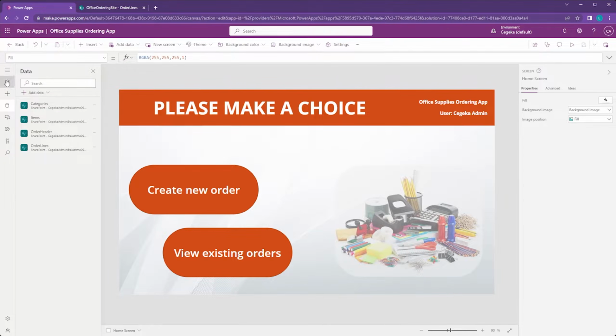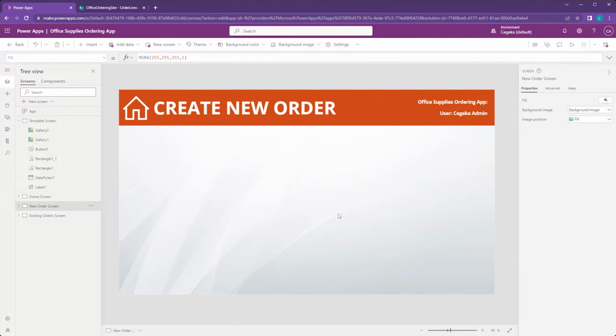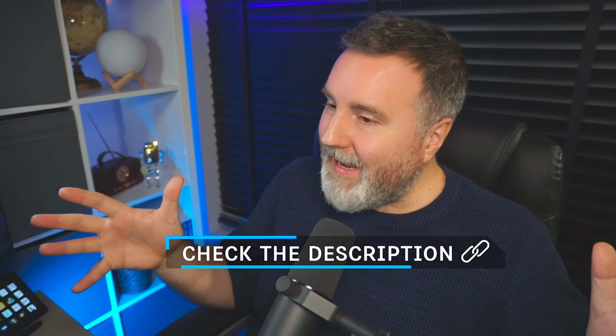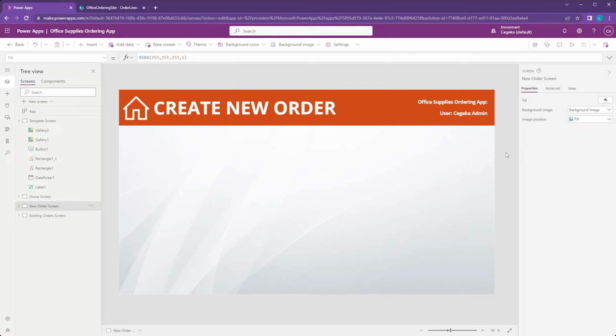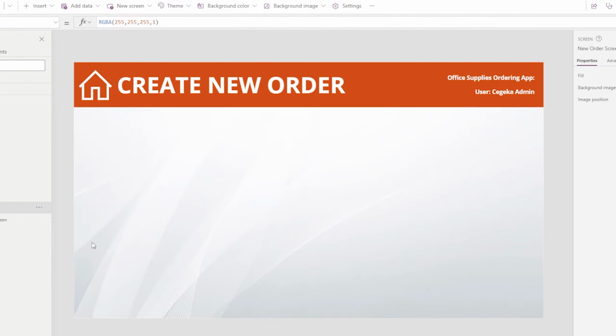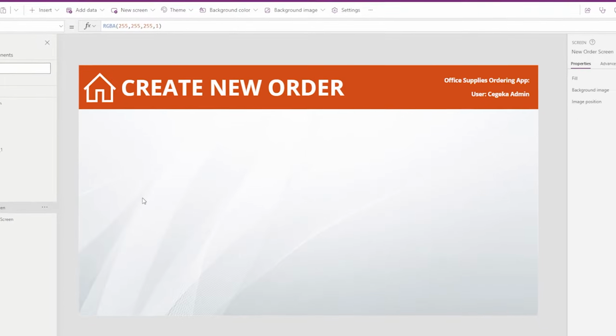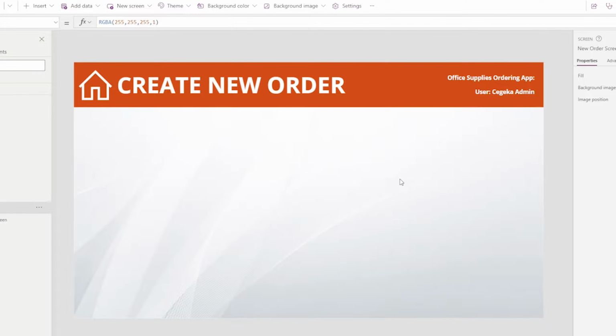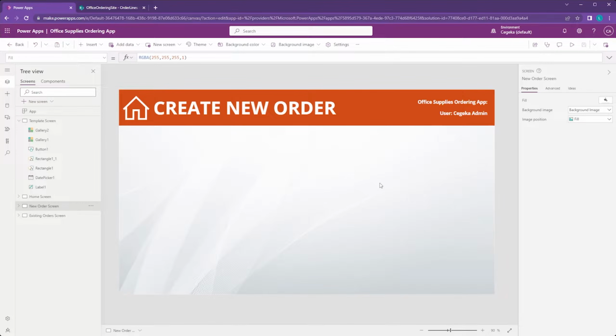If I go back to my tree view and if I navigate to my new order screen, there we go. This is how we left it after the last video. Once again, if you want to see those, there is a link to the entire playlist in the description. So my main goal for this screen is to have a gallery on the left side here with the categories in it, and another gallery on the right side on top with the items. And to finish off the screen, we're gonna have 2 buttons as well at the bottom, but we'll see about